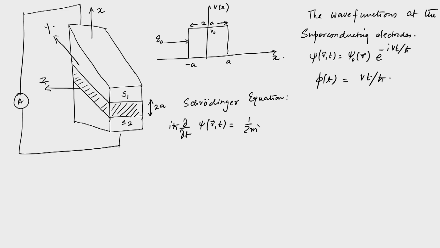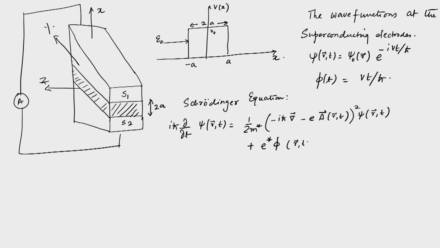It is 1 over 2 m star, where m star is the effective mass, times minus i h cross del. That is the mechanical momentum, and then there is a canonical momentum, which can be obtained in the presence of a magnetic field like this, acting on psi. So the first term is basically p squared over 2 m. Now p has become minus i h cross del minus e a, and there is an electromagnetic field. So we have e star and phi, characterized by a scalar potential phi and a vector potential A.